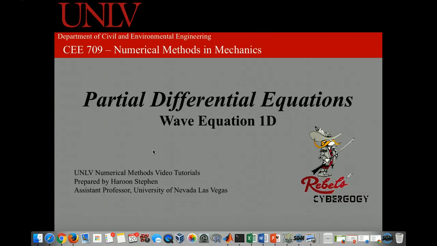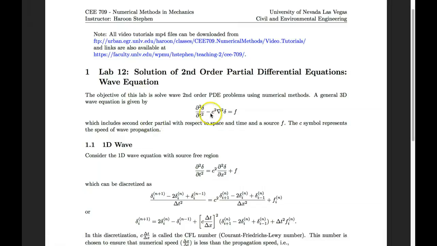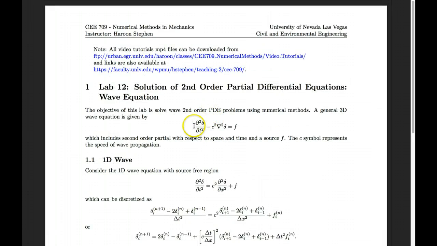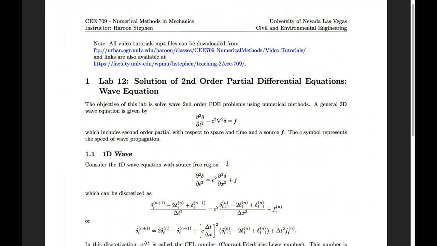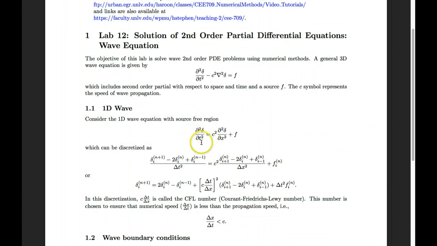This tutorial shows how to implement the wave equation in MATLAB and how to solve the PDE of the wave equation in MATLAB. The most generalized PDE for the wave equation is a second order partial derivative with respect to time and a second order partial derivative with respect to space, and c squared is the wave propagation. So let's look at it in the 1D case, and we will initially set f equal to 0, but then later